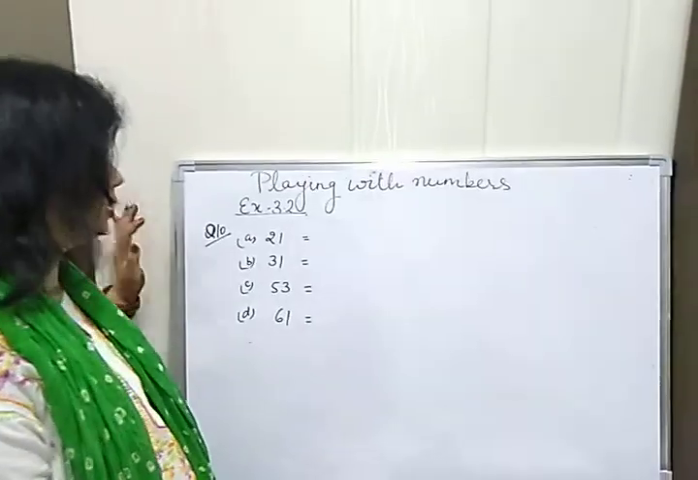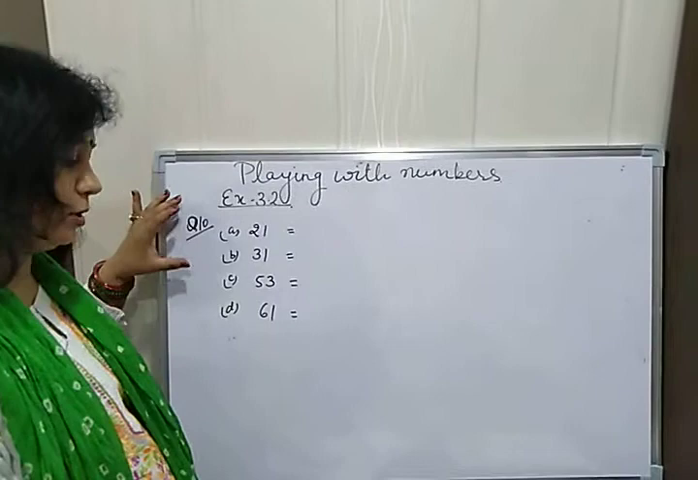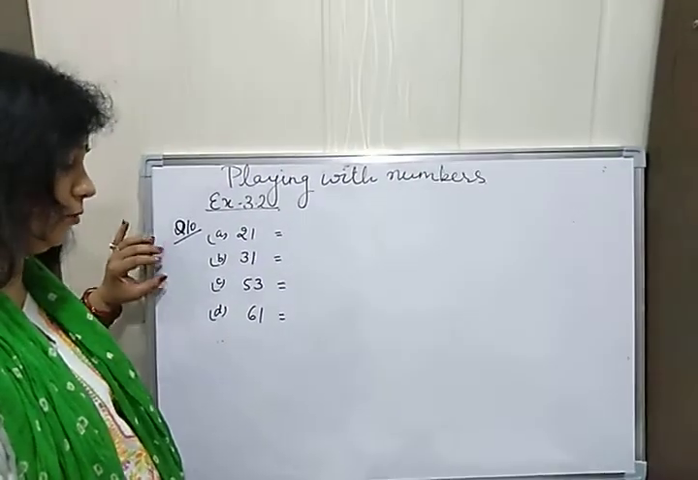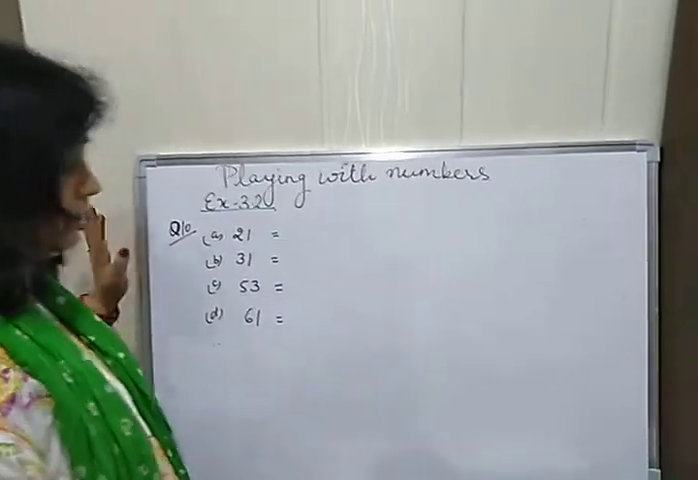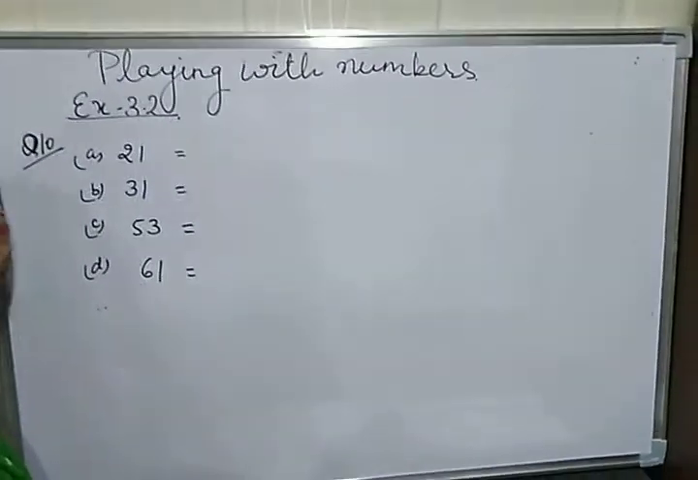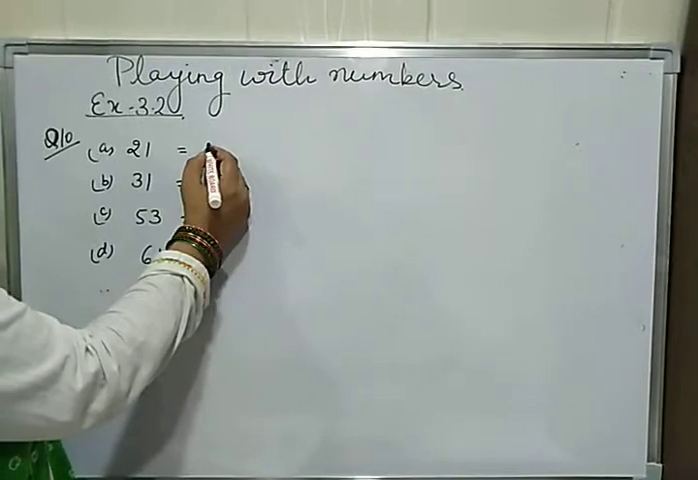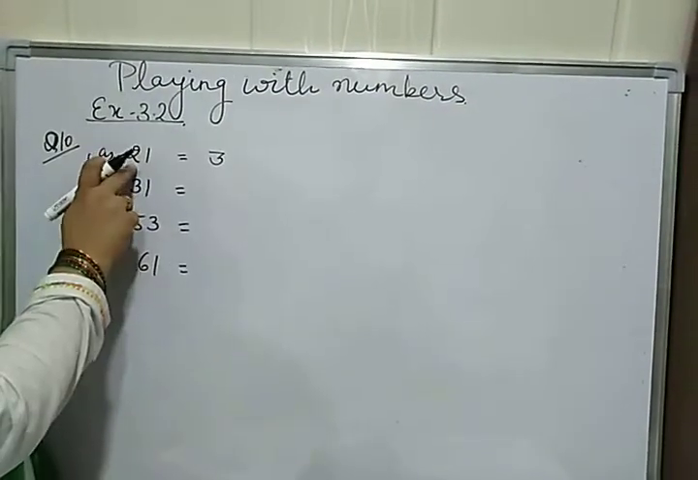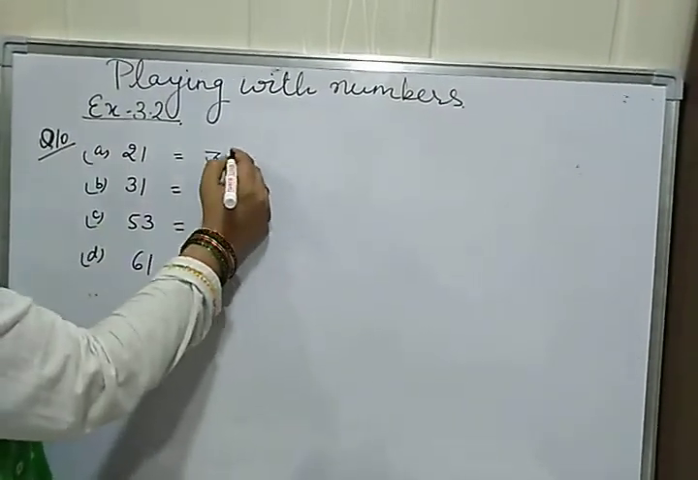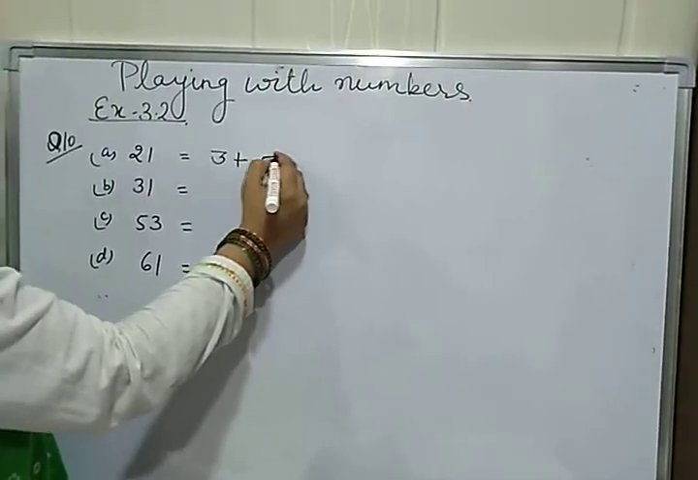Today we have to start exercise 3.2. The rest of the questions which were left yesterday we have to discuss today. Now the 10th question is, we have to express these numbers as the sum of three odd prime numbers. Suppose we have taken here 3, then what is left here? 18. Now we have to divide 18 into another two prime numbers